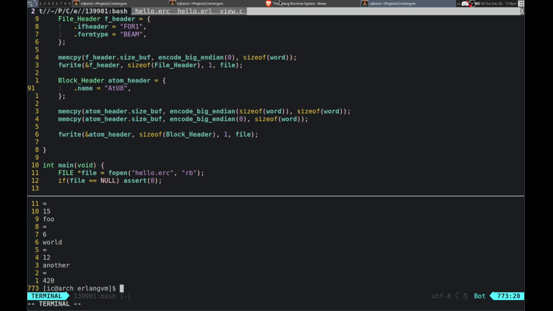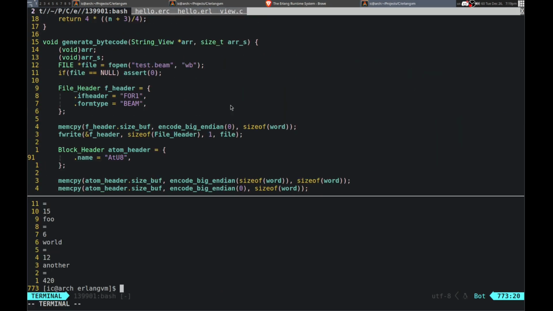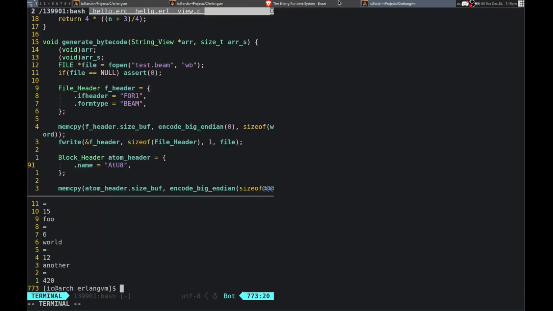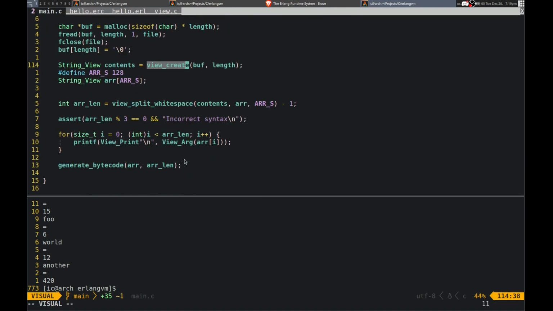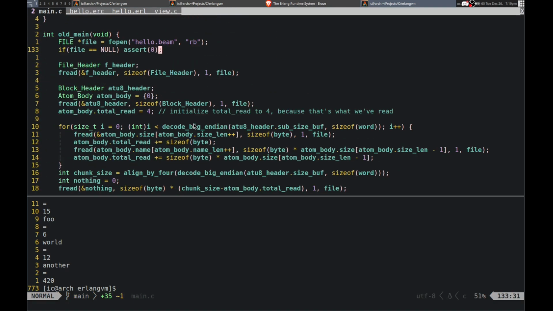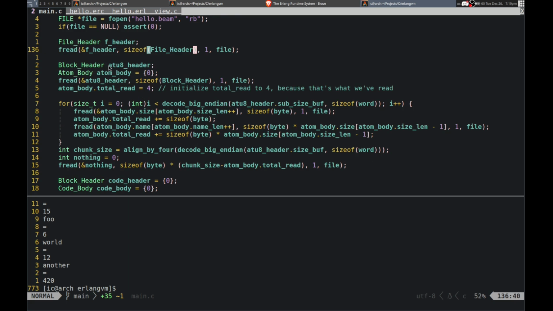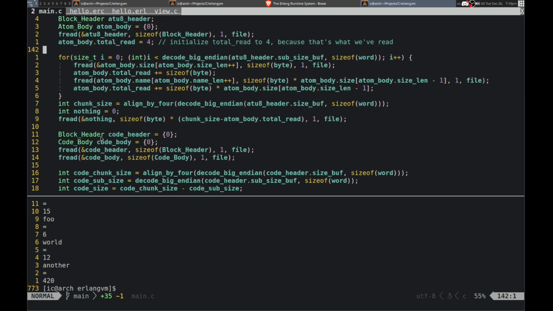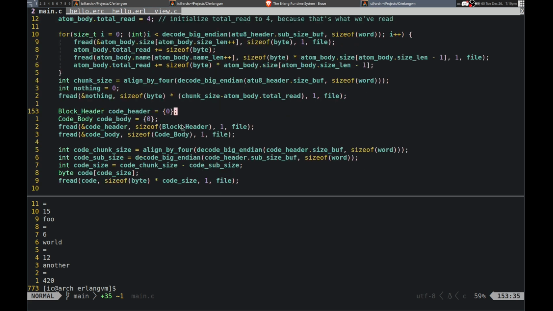Alright. Then we should be able to go on to the next part. I'm just assuming that we don't need that for now. We might need it later, but we can always adjust that. So, yeah, I'm just trying to generate some stuff. So, let's see, what is after that? After the at U8, then we have code header. Then we have the code. So, that is where we actually have to do stuff.